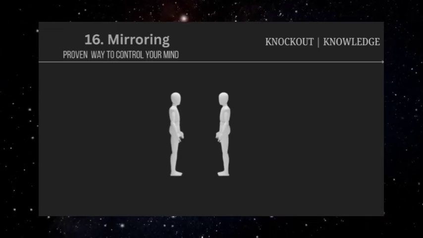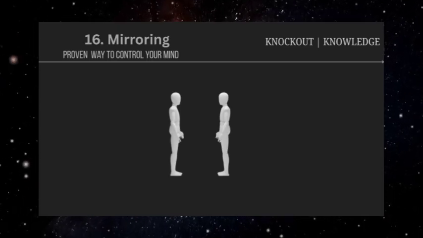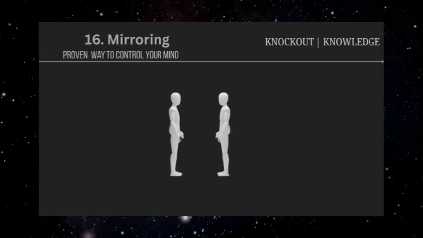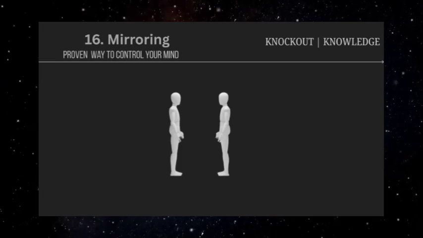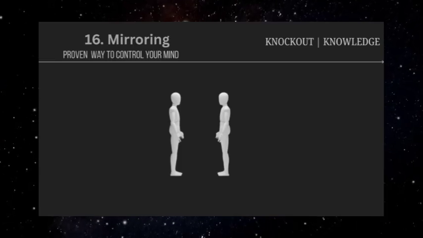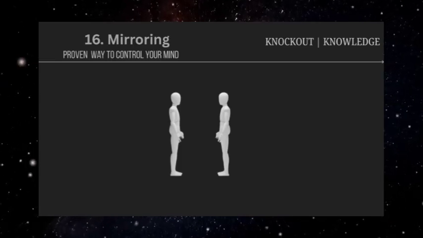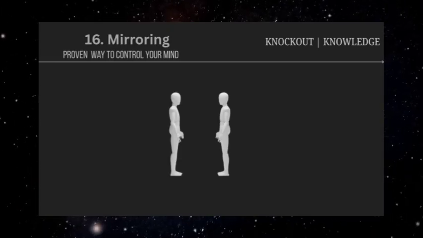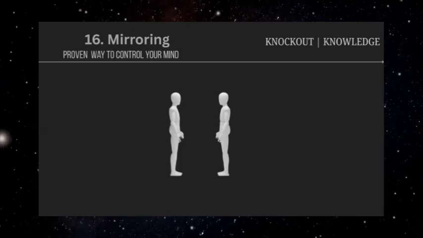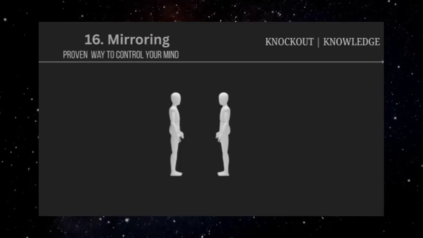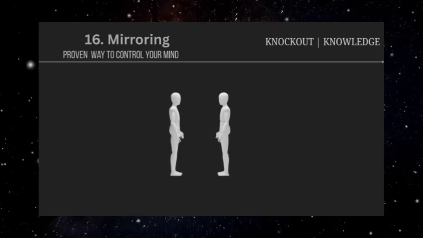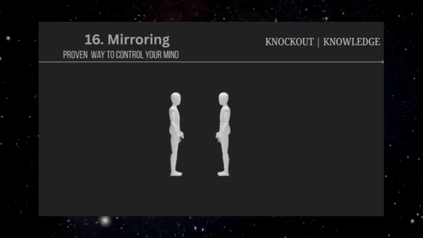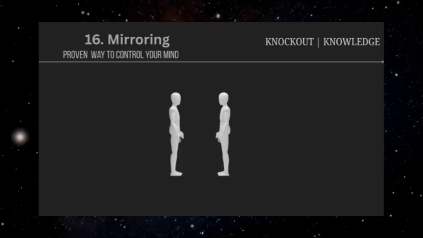Natural mirroring happens spontaneously in healthy relationships and social interactions. When people genuinely connect, they often unconsciously begin to match each other's energy levels, speaking patterns, or physical positions. This organic synchronization is a sign of mutual comfort and engagement. But when mirroring is used deliberately as a manipulation technique, it creates artificial rapport designed to lower defenses and increase compliance. In sales environments, trained professionals often use mirroring to build quick connections with potential customers.